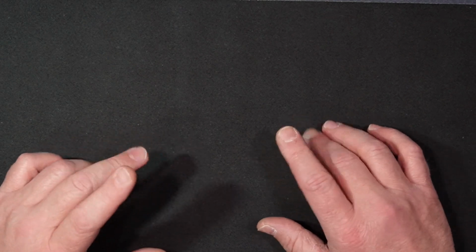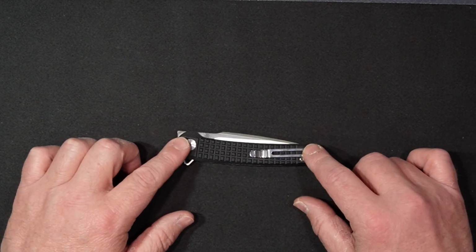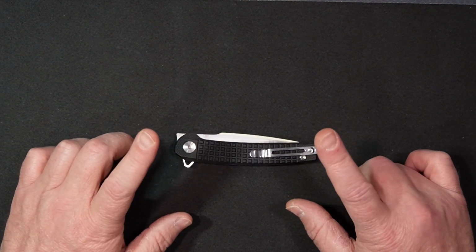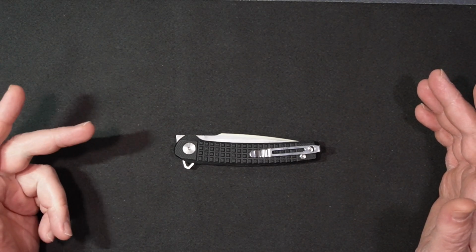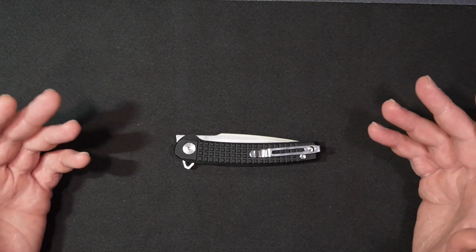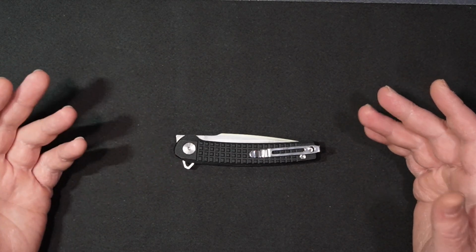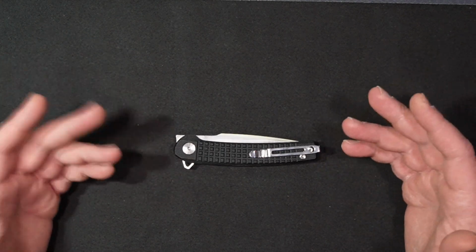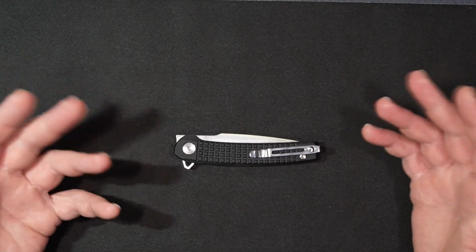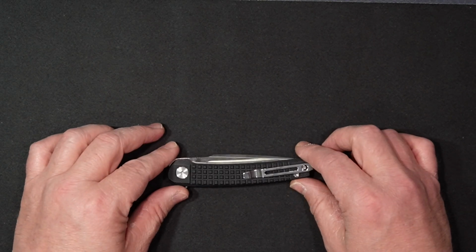Today we have a knife you've probably seen in a couple of my videos, but I haven't done a formal review of it. And that is this knife. I love this knife. This is the Xtouc folding knife. I don't know how that's pronounced. These are made in China. I don't know if it's Xtouc, because I know X sometimes has a SH sound to it. I just call it the Xtouc because I'm an American and that's how I was told to pronounce things. So anyhow, this knife is